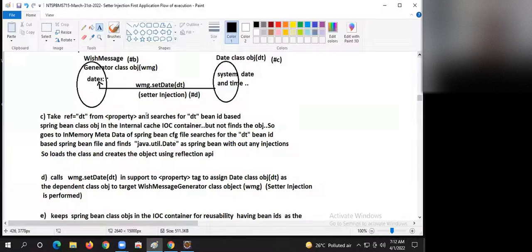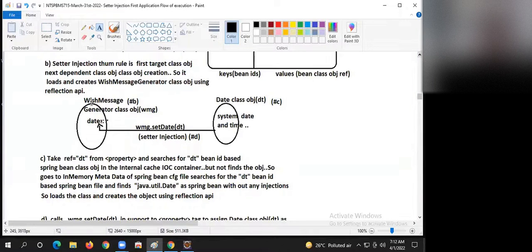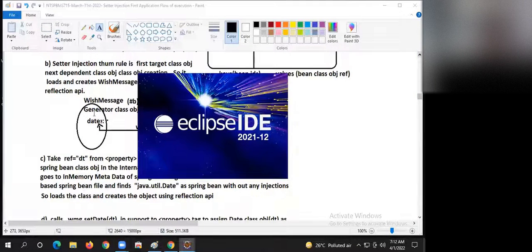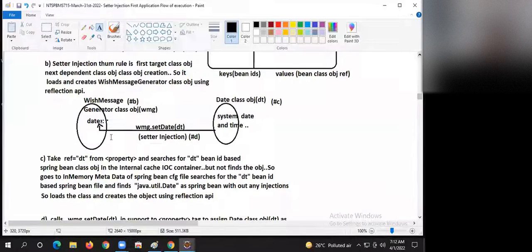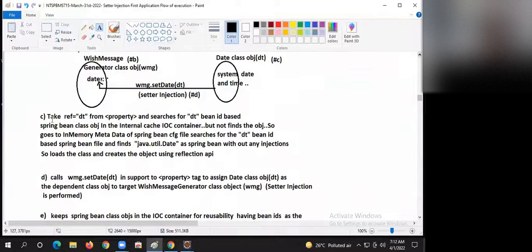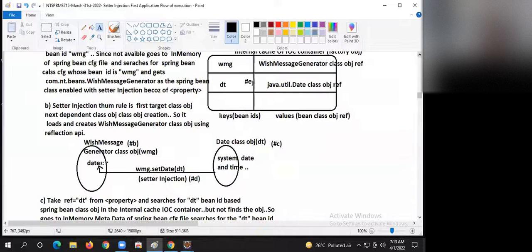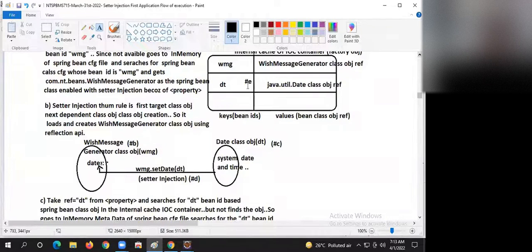Whose bean ID is WMG? Yes, there. It loads the class and creates the object. Next, what? It observes ref is equal to DT in the property tag, guys. It takes the DT and checks: is there any bean class object in the